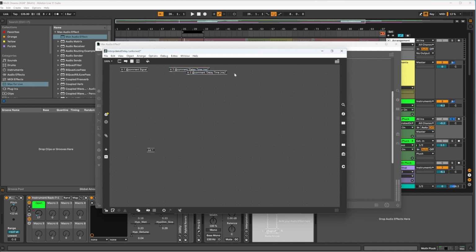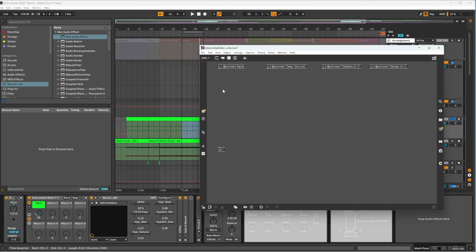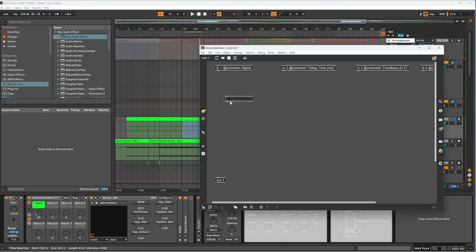The third input will be our feedback amount. It's going to be some scalar from 0 to 1. And then our last input, input 4, is going to be the dampening amount. Next, I'm going to build an object inside of this gen patch. It's going to be another gen patch called